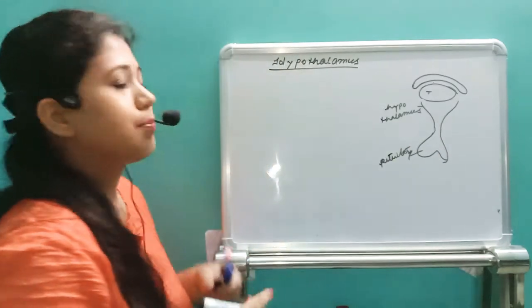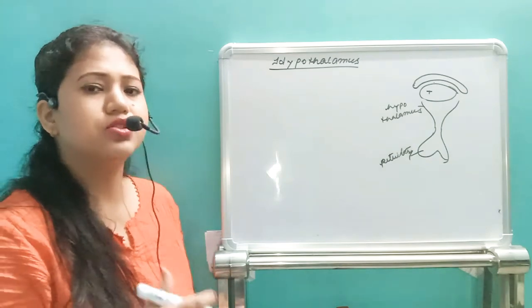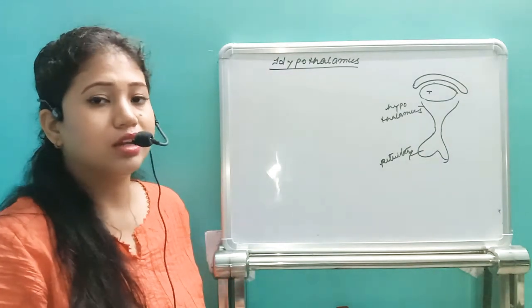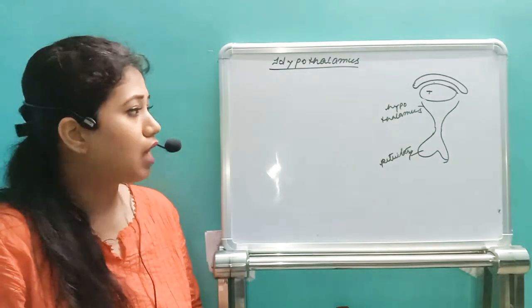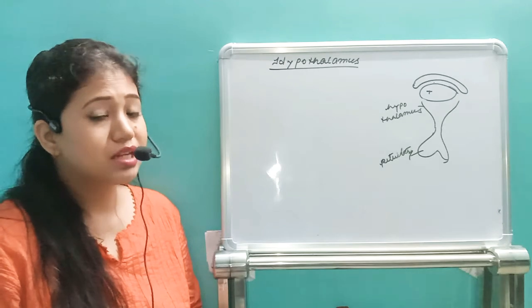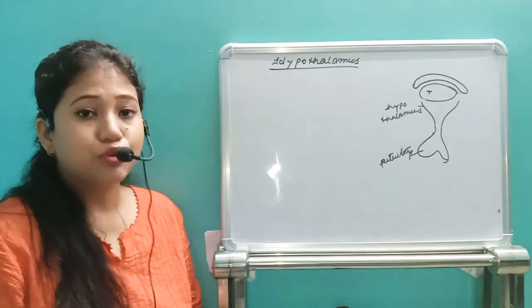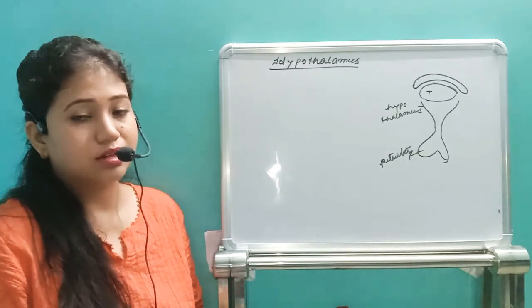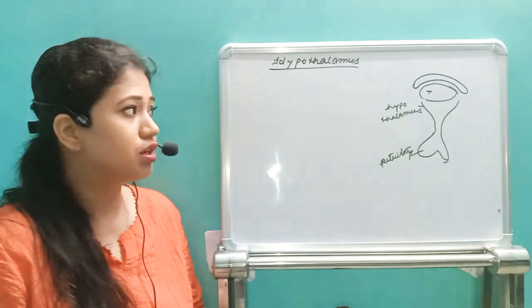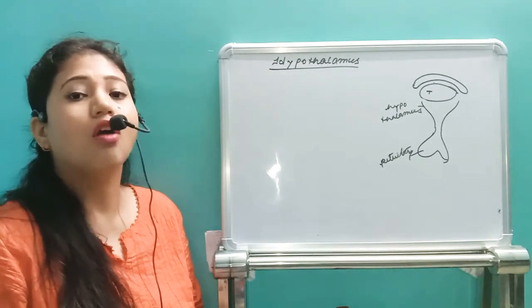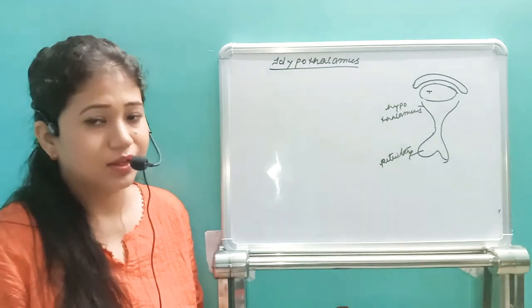Earlier, the pituitary gland was known as the master gland. Master gland means it controls almost every other endocrine gland, to be stimulated or inhibited. Now this hypothalamus is even stimulating the pituitary gland. That's why the hypothalamus is called the super master. That means above the master there is another master. The hypothalamus controls the activity of the pituitary gland, whether it should stimulate its hormone or inhibit its hormone. Okay, let's start.